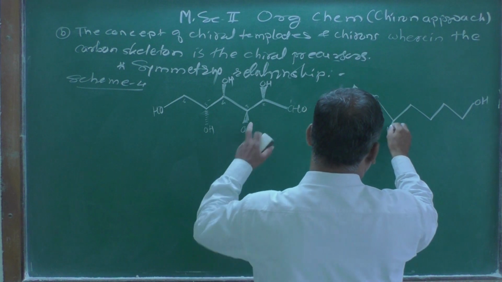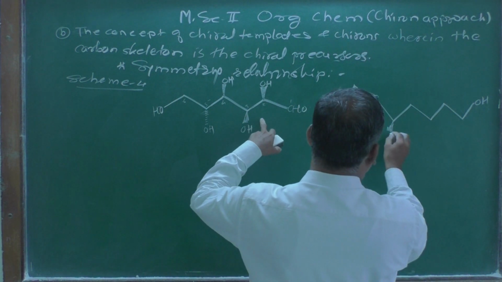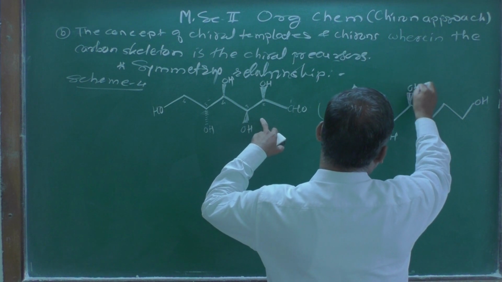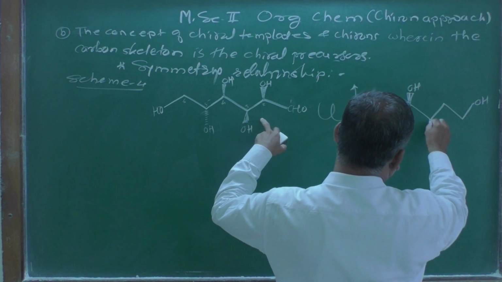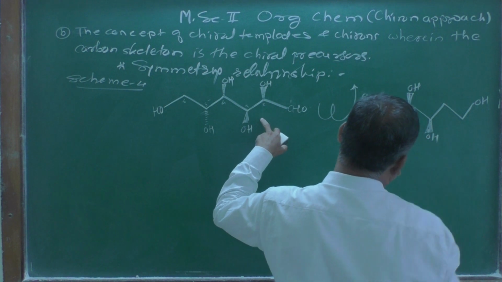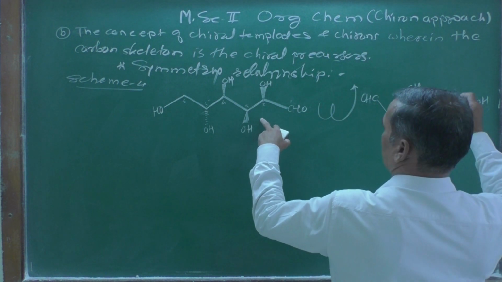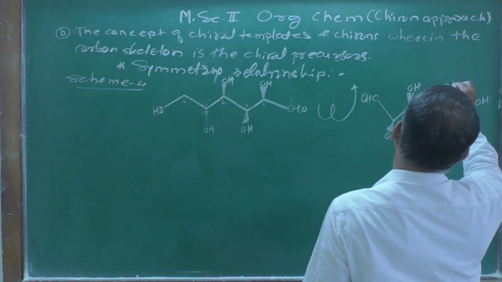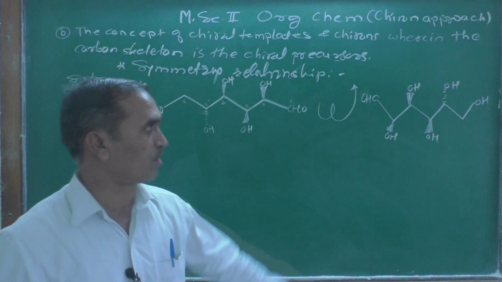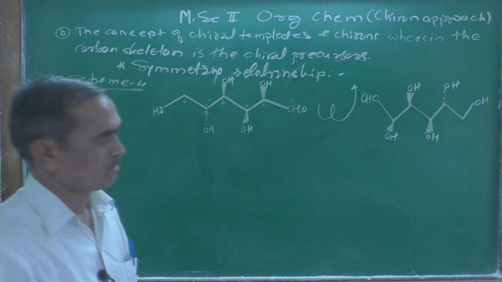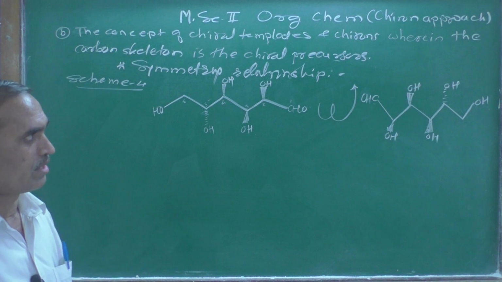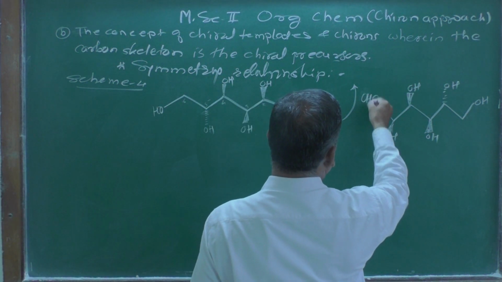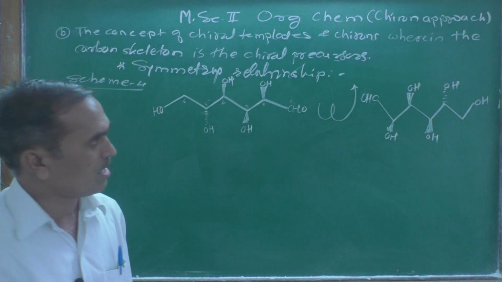We can represent this D-glucose this way, or we can represent it this way. These 3 hydroxy groups which are on the right hand side, if you write this structure according to the Fischer projection formula, then it looks vertical. Those are on the right hand side. This is a CHO group, right? Now this is aldehyde.